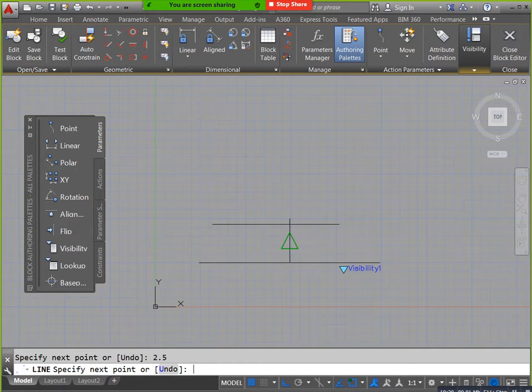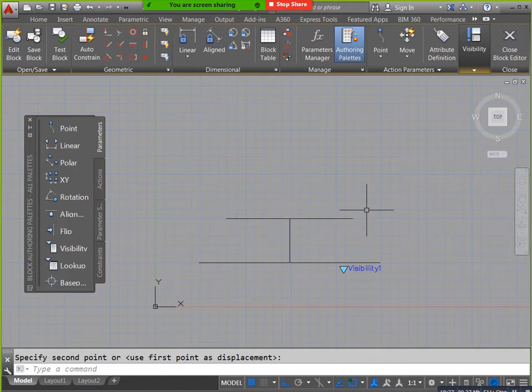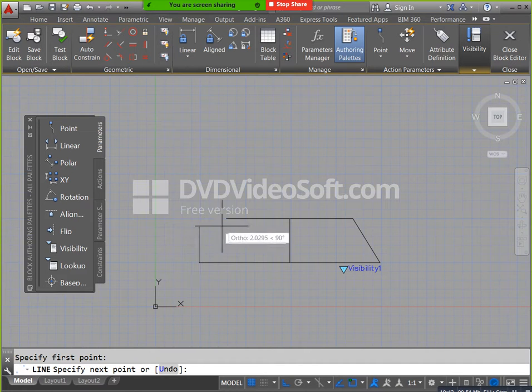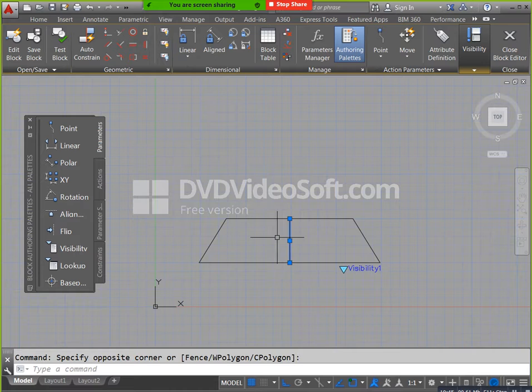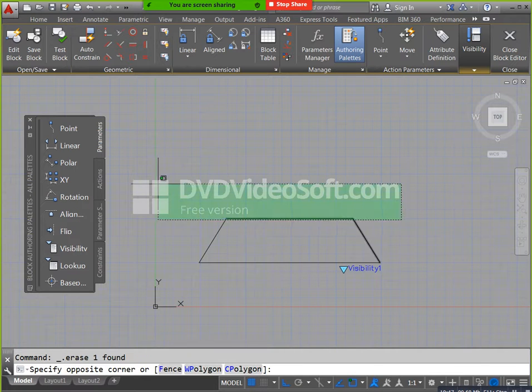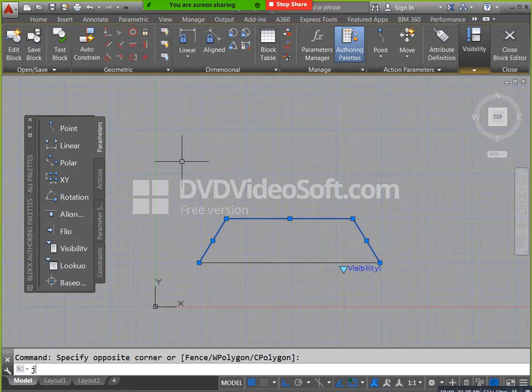Now you will select and delete. If you need to join this one, you can use Join. And you can use Stretch. If you need to decrease this size, enter how much of decreasing you need. Sorry, you can add this wall. Directly you can close the block editor, save the changes. Now you can select your option.